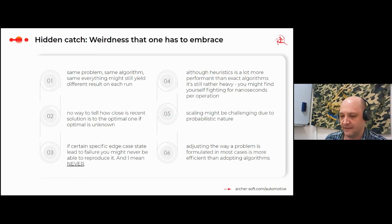Just select a random subsequence, shuffle it. Select a random subsequence, shuffle it. So it's not very intellectual stuff. And the efficiency and optimality of the solutions achieved in most cases depends, on a much bigger scale, on how the actual problem was